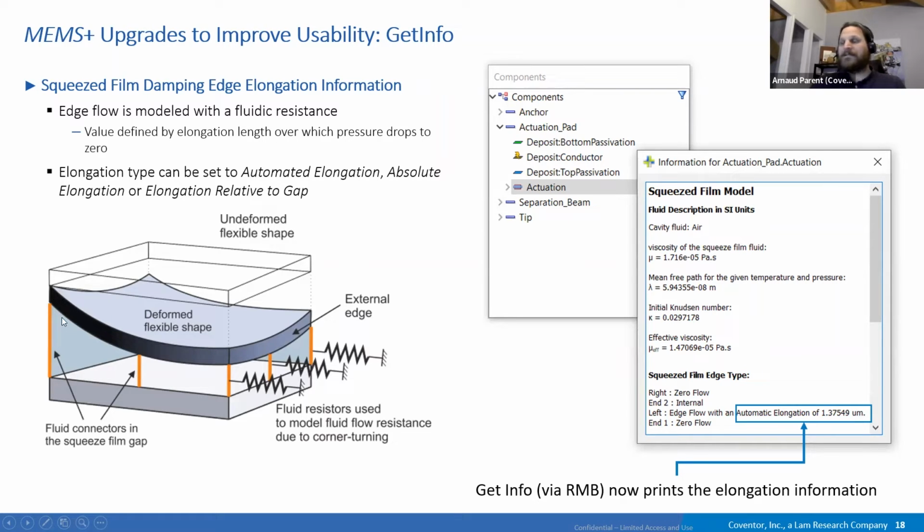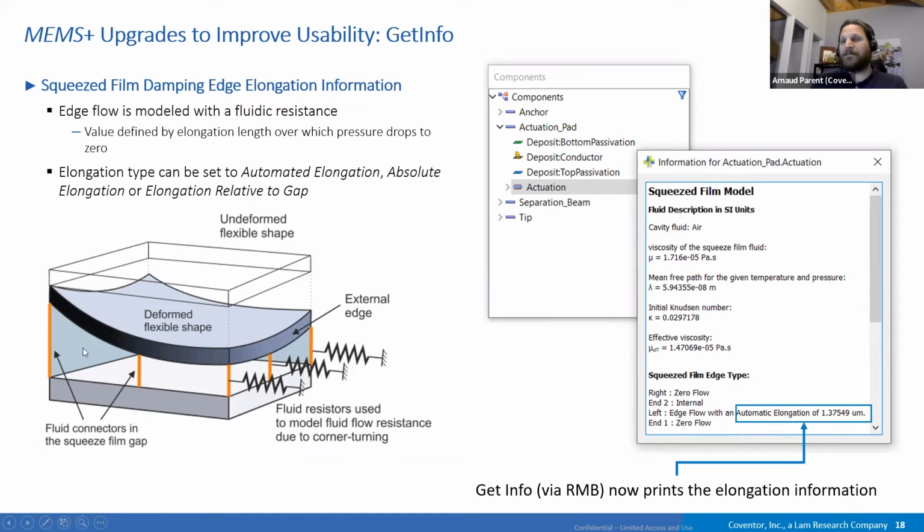And for this model, the way an open edge, so an edge flow, an open edge that we call edge flow, is modeled is particular. So basically, with such a model, you have fluidic pins. You can see them here, where we are solving the Reynolds equation, so the fluidic equation. And on the edge, you have three possibilities. So the edge can be closed, like there is a wall on the edge, so no flow is possible. It's a zero flow condition.